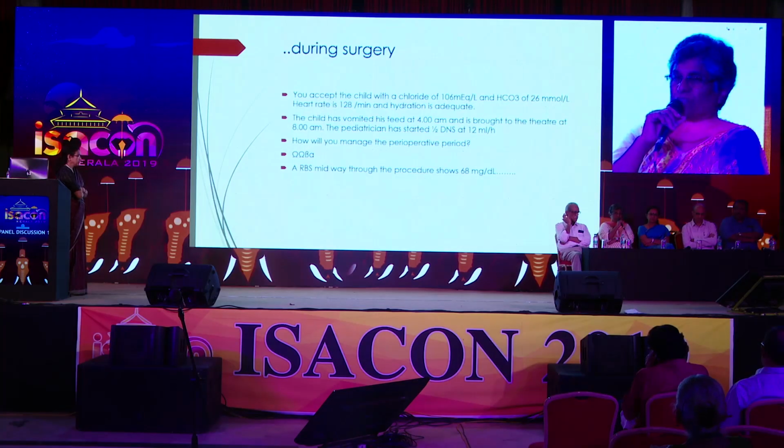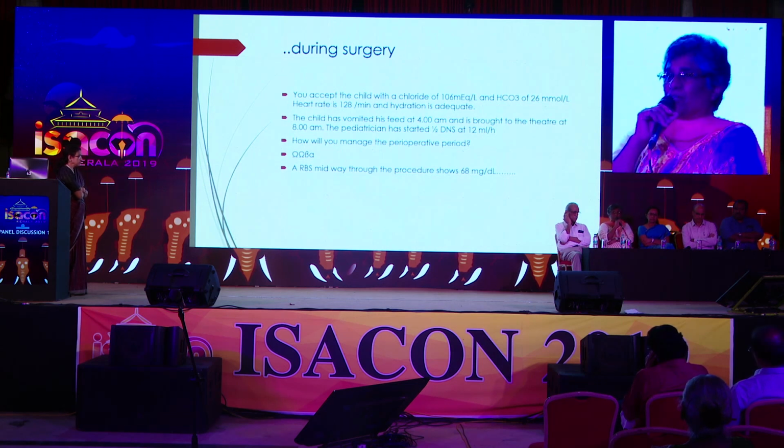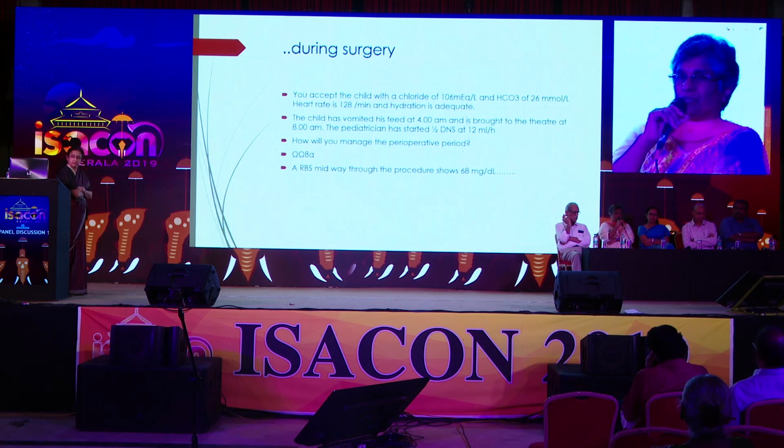What would you do? For the IV fluids, I would separate my thoughts into maintenance fluid and replacement fluid. Replacement fluid should be balanced salt solution. In this case, I would even think of normal saline. But in pyloric stenosis, there's very little blood loss, so there isn't much replacement fluid. So I perhaps would continue the half normal saline throughout the surgery at 6 to 8 ml per kilogram until I've got the child stabilized, and then I'll continue at 4 ml per kilogram.